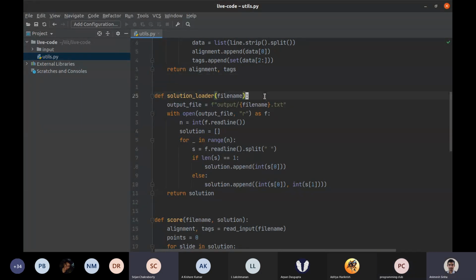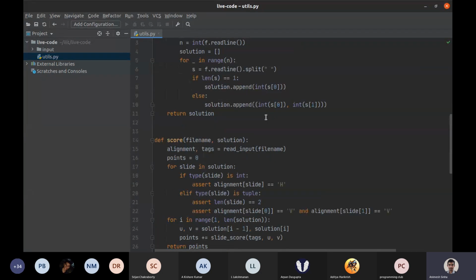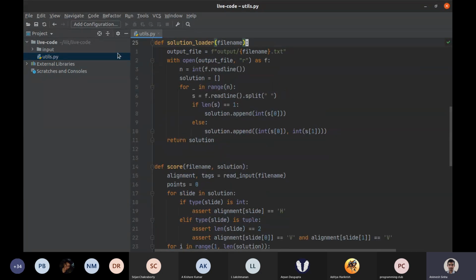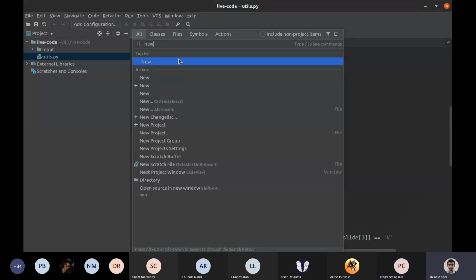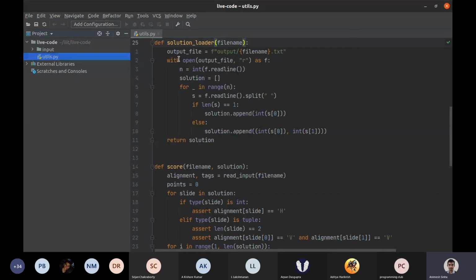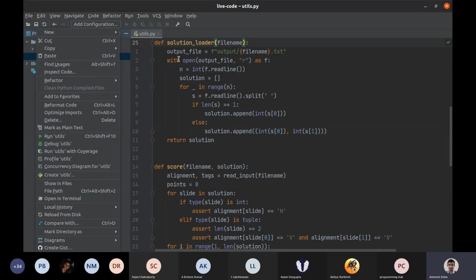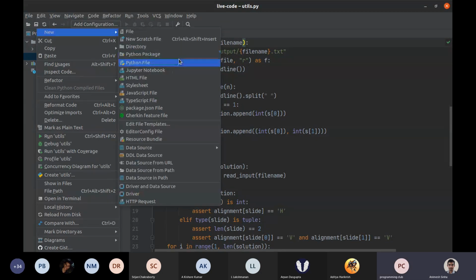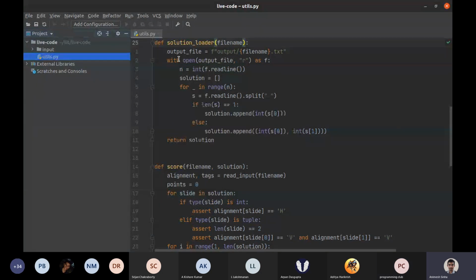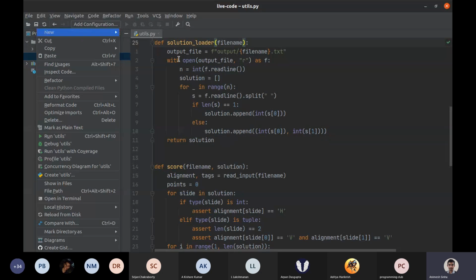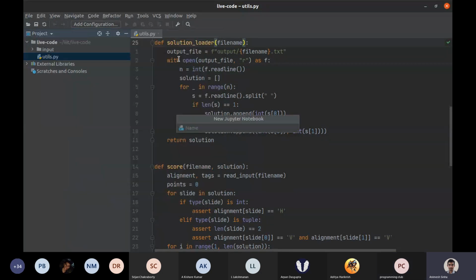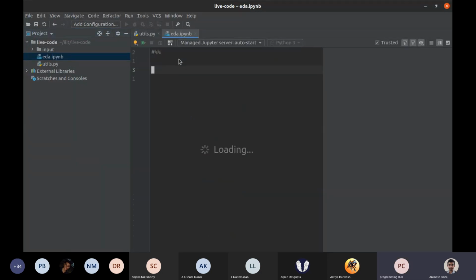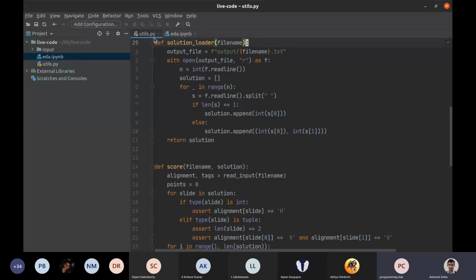A solver is the code you write, which takes the question as input, which is the H or V tag, like the alignment, comma, the list of tags, and outputs this list of indices, which would be the order in which you want to place them. A scorer is a program that takes your answer and the question and assigns you a score, and a validator is the function which checks that your score is correct. If Garang would like to show the solver, the scorer, and other things coded up.